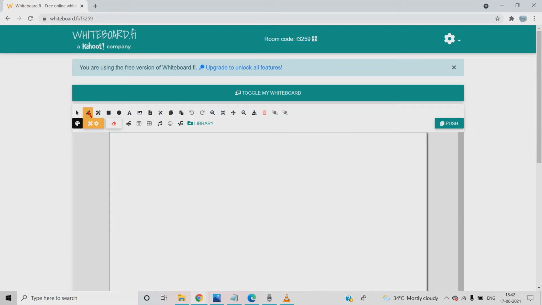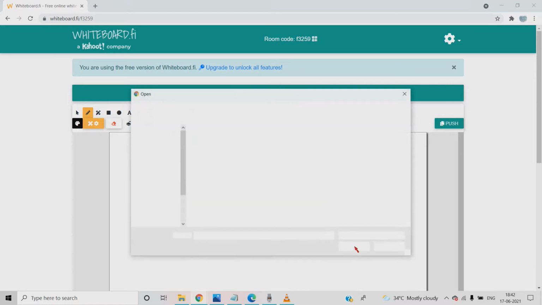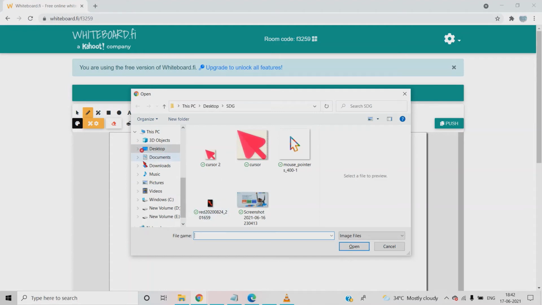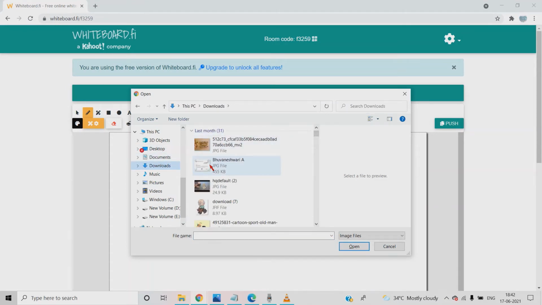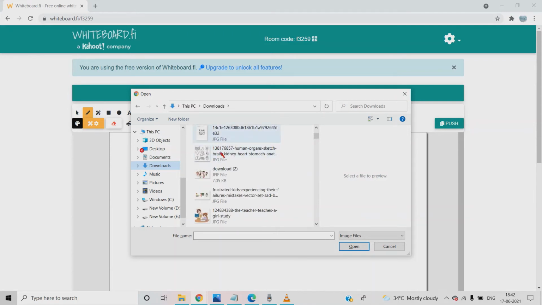Now I'm going to insert a picture. I will show you how I will work with it. So now I'm going to insert a picture of matching.